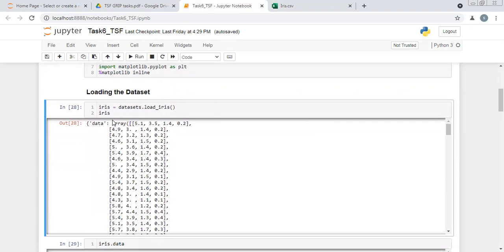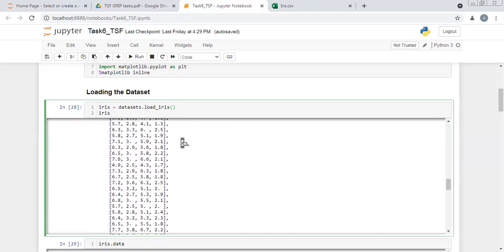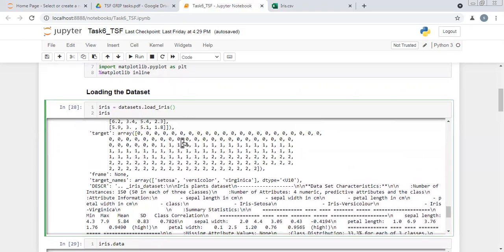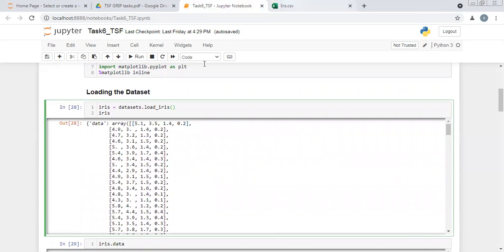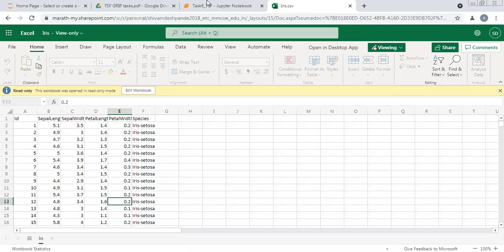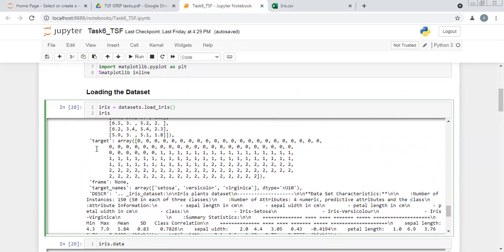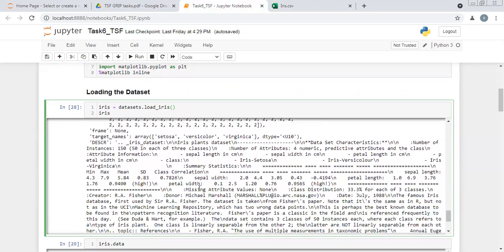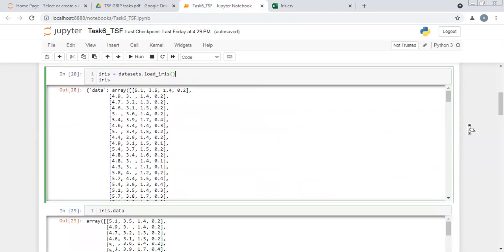Now loading the dataset. iris = datasets.load_iris. So load_iris is the function that we have used here for loading the iris dataset. Now this will give me much information about this iris. First of all, it will give me all the columns over here. These columns are nothing but all of this data. Then it will give me other information like target. Target is nothing but our predictor variable. Then target names and many more. Okay, we don't want all of this. We only want some information from this.